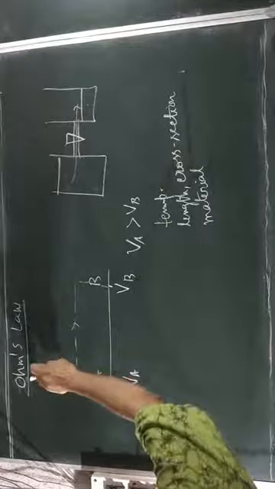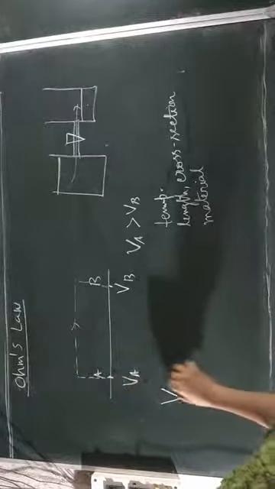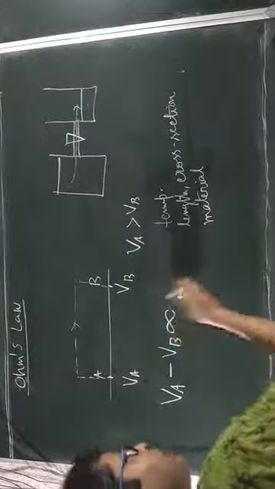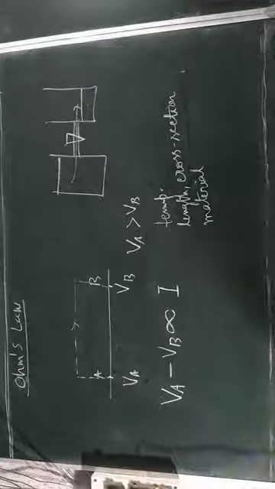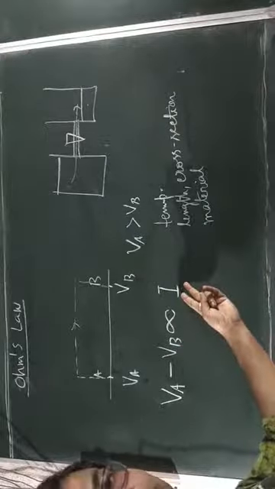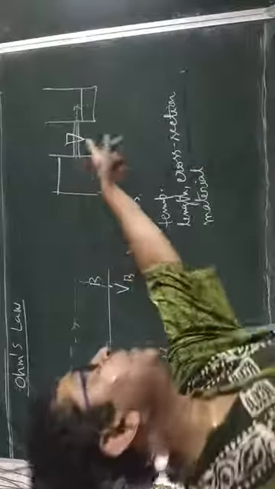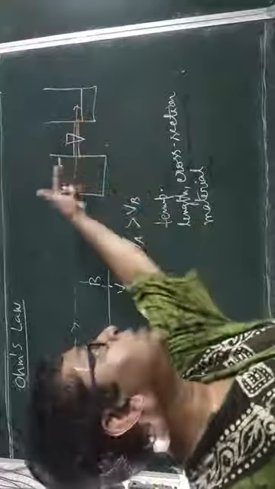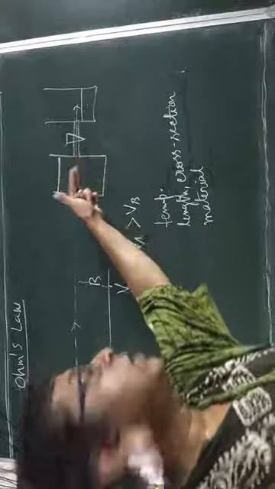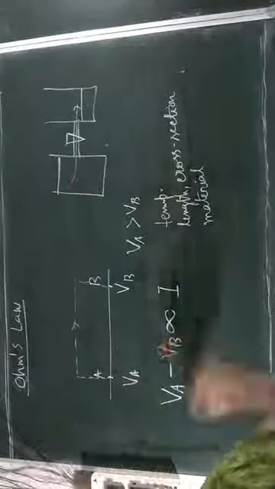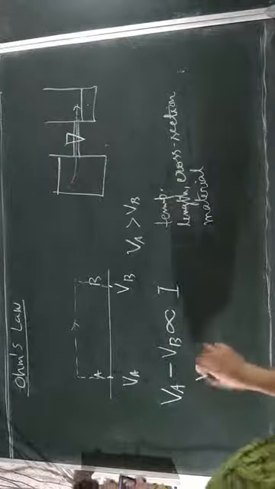And according to him, symbolically, VA minus VB is directly proportional to the current. That means if this difference is greater, current will be greater, greater current will flow. Here if the difference of the level is more, then water will flow at a higher rate. If the difference is less, then less water will flow. If this difference is assumed as single V,